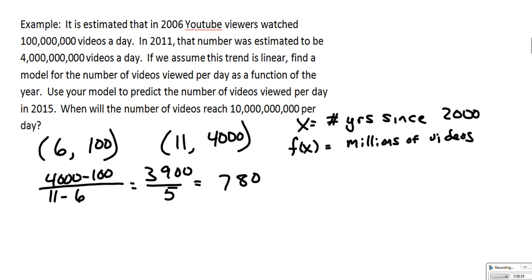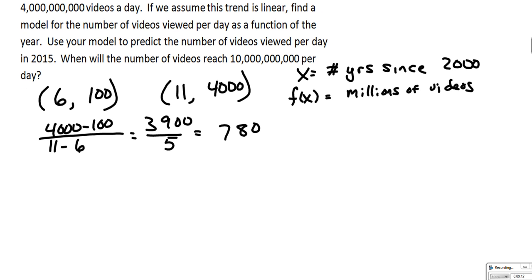So there's an increase per year of 780 million videos per year watched per day on YouTube. This would be our slope, our rate of change. Now to get our vertical intercept, our y-intercept,